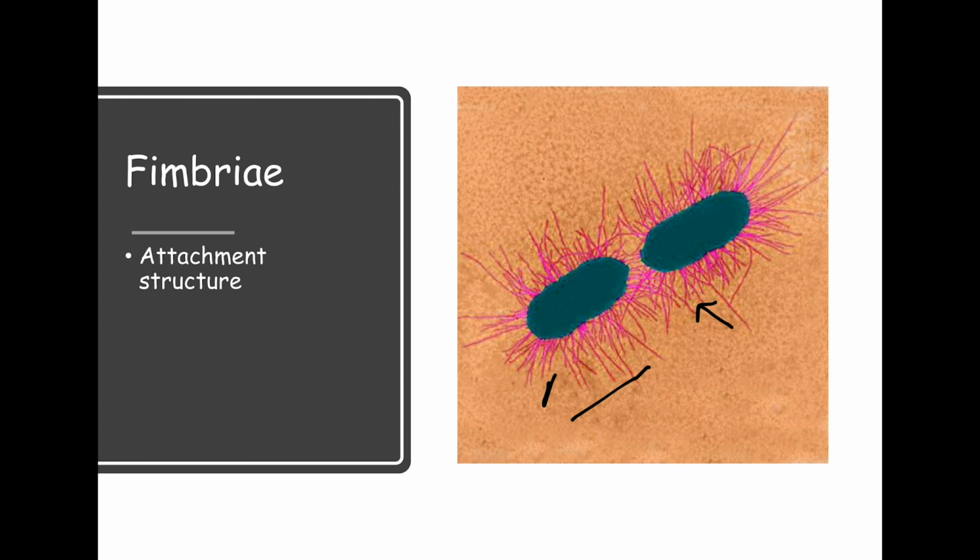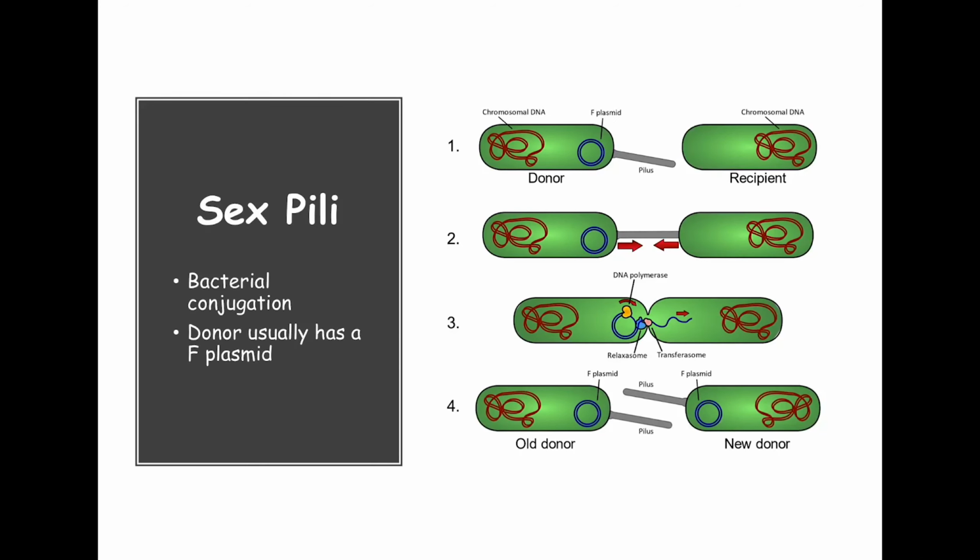The other attachment structure is pili, but I want to zoom in a little on a particular type of pili called the sex pili. Here we see an actual bacterium that has a plasmid in it. You remember, plasmids are extra pieces of chromosomes. Not essential for survival, but they aid in other things. So here's the F plasmid that plays a role in a process called conjugation. So what it does,